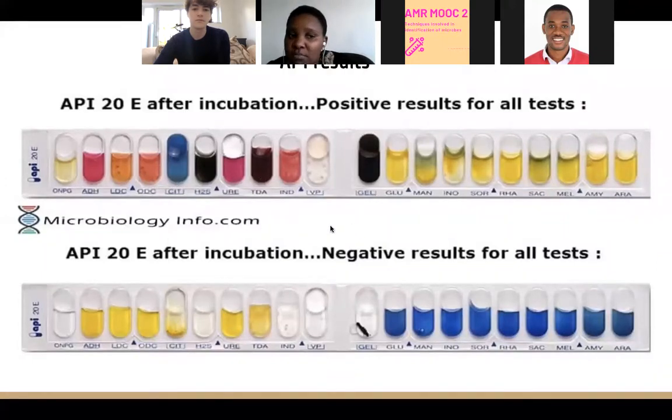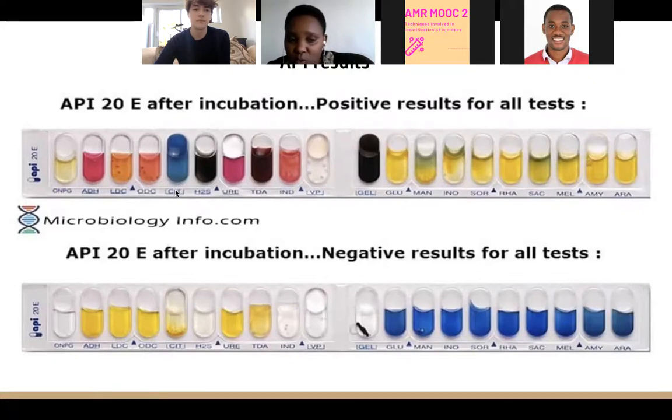So all of them, it makes 20 biochemical tests. With these tests, when you have the kit, you inoculate your samples in all of the 20 tubes, and you incubate for 24 hours. After some hours, some of the tests require addition of a certain reagent and some don't require it. But when you add